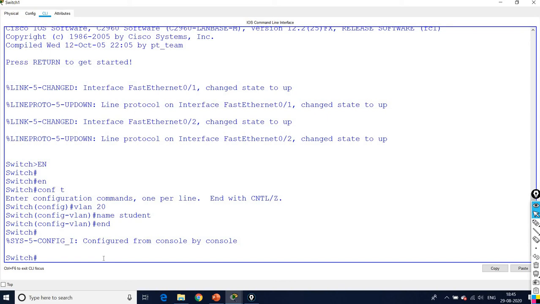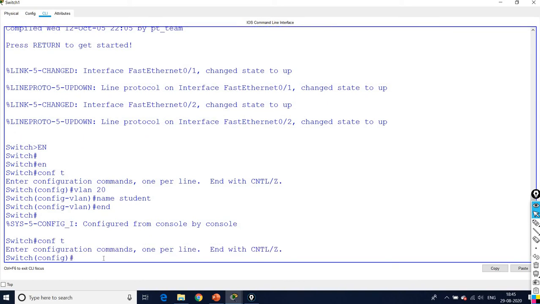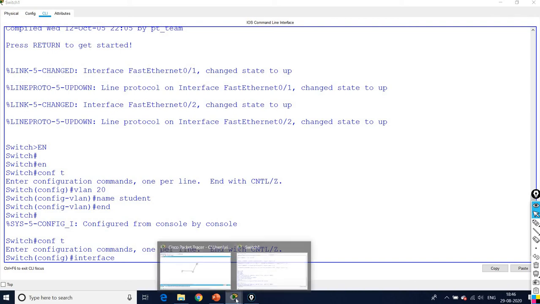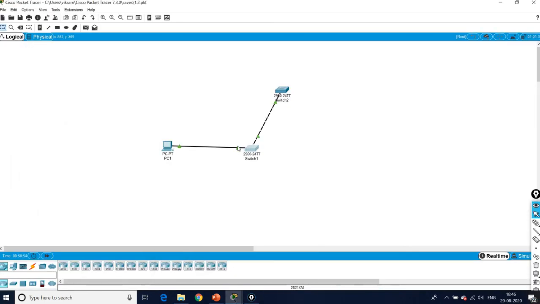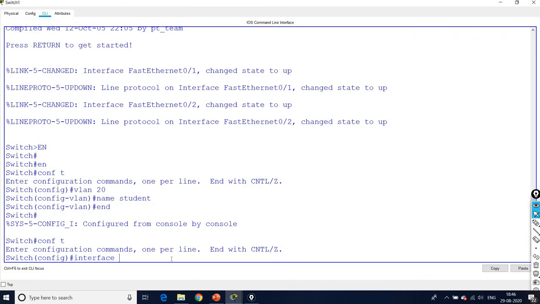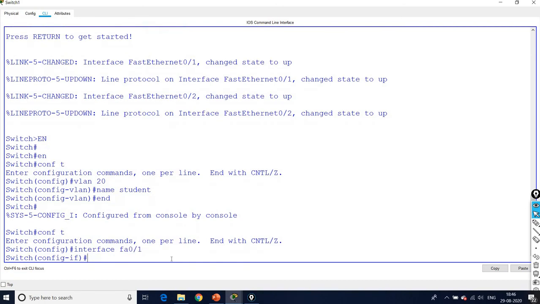So go to global configuration mode, then interface. What is the interface I'm using? Use FA0/1, and switchport.